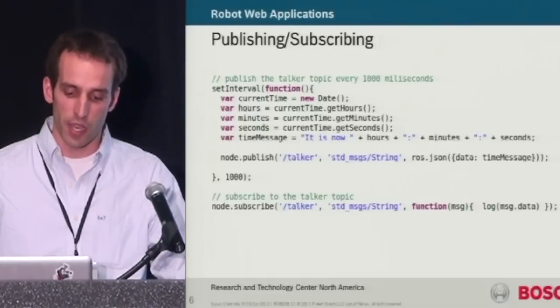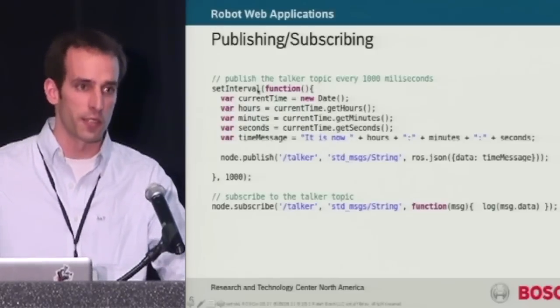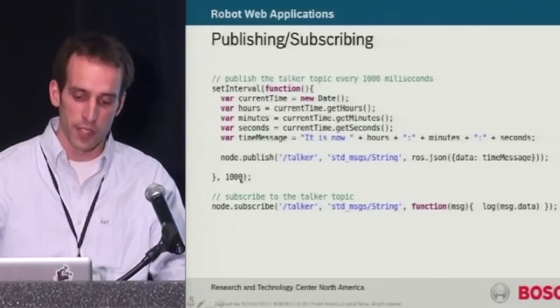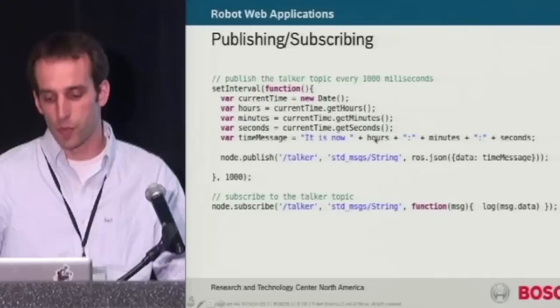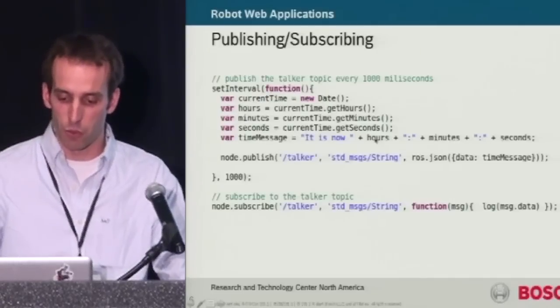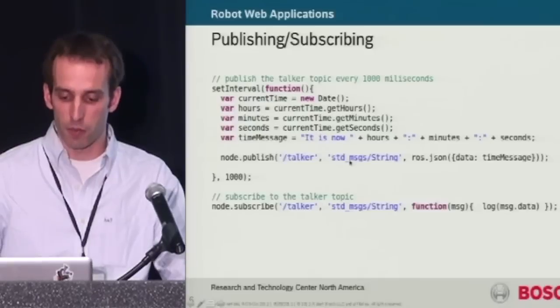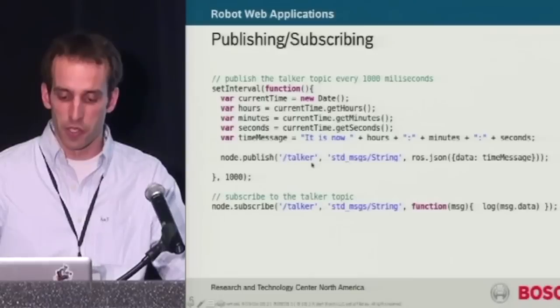So here in this case, you have an interval. What that means in JavaScript is basically that this function gets called every 1,000 milliseconds. Every second, you get a publish event, and just publish the time as a string. And the publisher looks also very similar to ROS CPP or ROSPy. The difference here is that